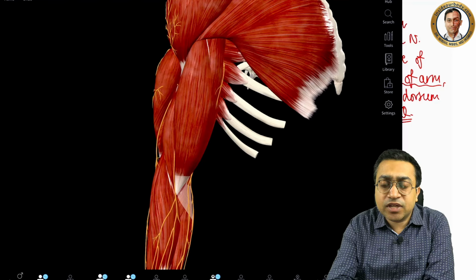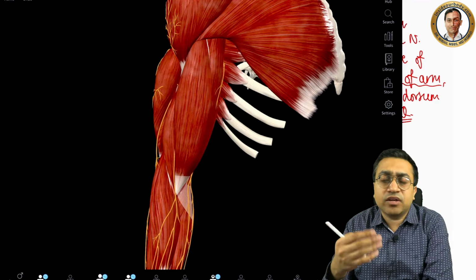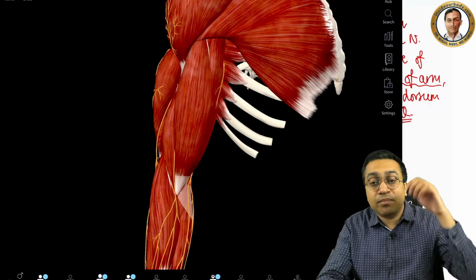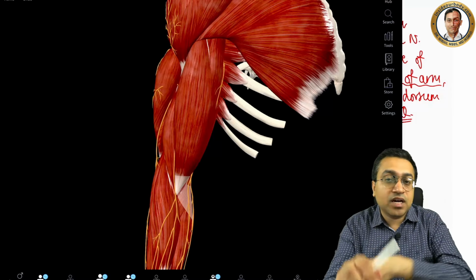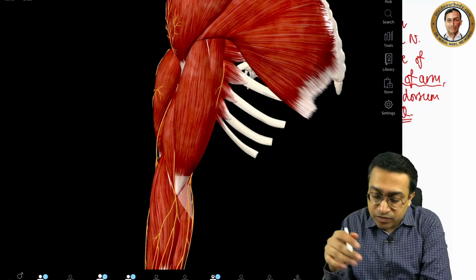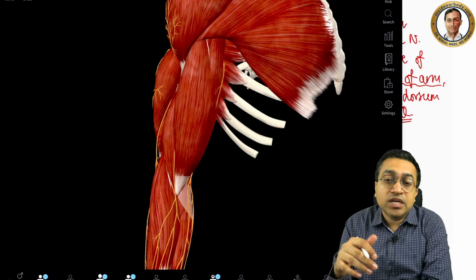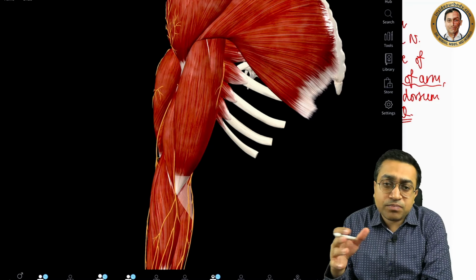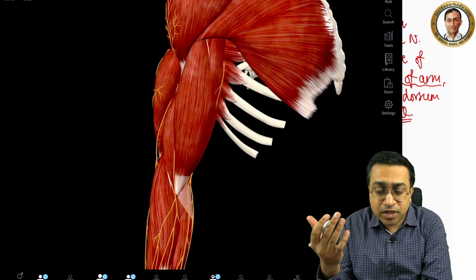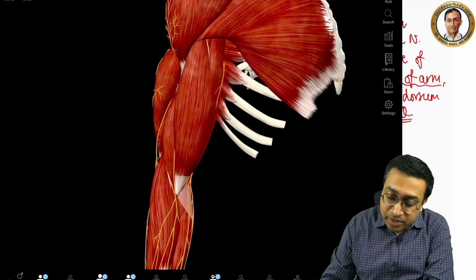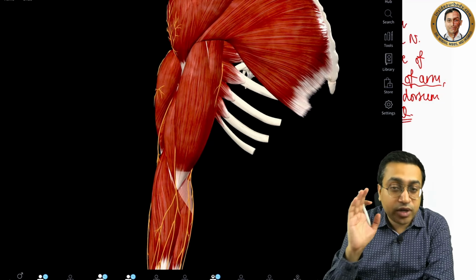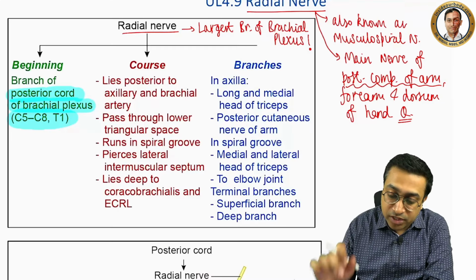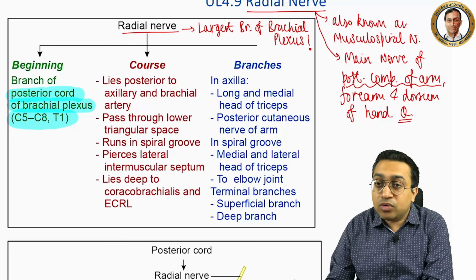Then it further gives off certain muscular branches, which include the triceps brachii, brachioradialis, extensor carpi radialis longus. We will see those in the flow chart. Okay, so all of these muscles are important. Then we have certain cutaneous branches. Okay, so now let us come back. So I hope you have got a good orientation regarding how it's originating and rotating. Okay, so now let us see